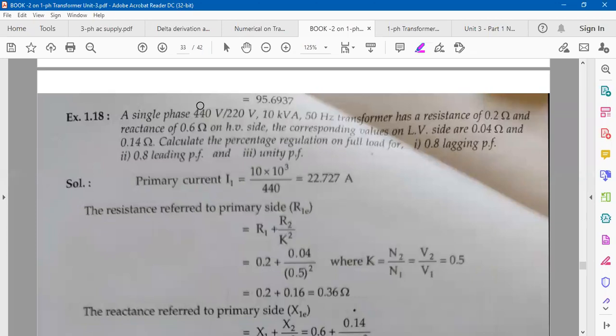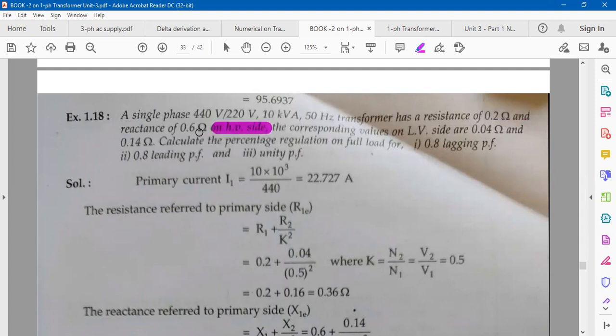Sometimes what is done, they mention 440 and 220 here, and first of all they give the value of LV and then of HV. So you just check here where HV is mentioned. So whether this 0.6 and 0.2 are primary side parameters or secondary, that one you please take care. Okay. Sometimes they give it reversed just to create confusion. Okay, so whatever is given first, students take it as primary and the next one secondary, but just check whether these are the primary or secondary given.